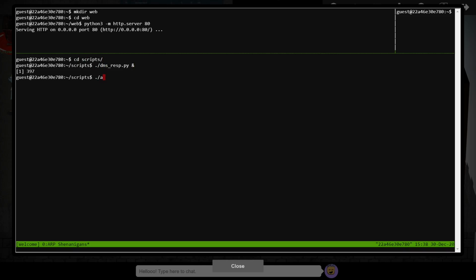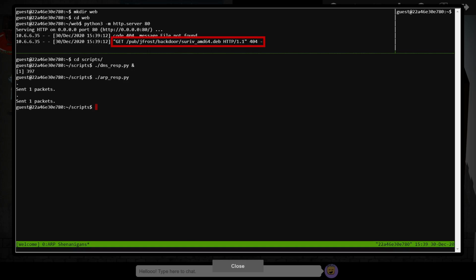Now to launch the attack again, and this time observe what resource the target machine is trying to obtain. It's trying to grab a Debian package called survived_amd64.deb from the pub jfrost backdoor folder. It seems like whatever Jack Frost has done to compromise the target machine, it's now trying to download the next part of a backdoor payload. But now we're pretending to be his web server, and we can serve up our own backdoor package to regain